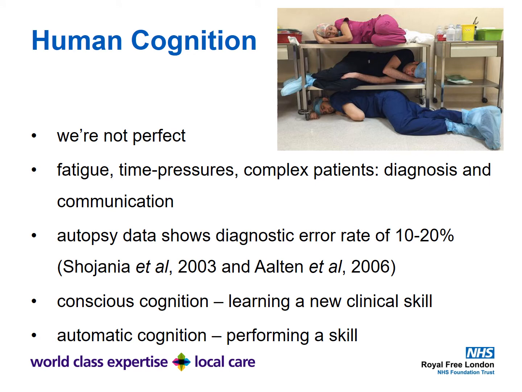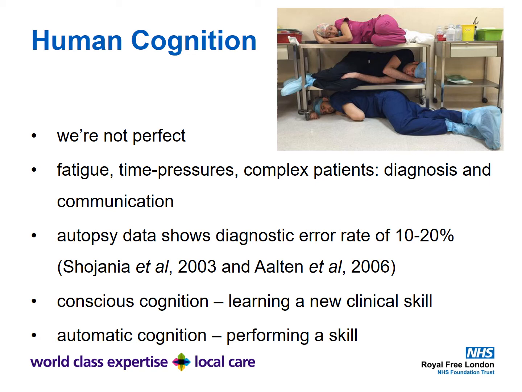So when we think about human cognition, the first thing to remember is, of course, we're not perfect as human beings. We have a fragile cognitive function. There are lots of things that will influence our cognition, whether we're tired, time pressures, complex patients. You have to take lots of factors together and pull them together to make a diagnosis, and then communicate quite complex thoughts, ideas and opinions. When we look at autopsy data, it actually shows a diagnostic error rate of 10 to 20%, and these are